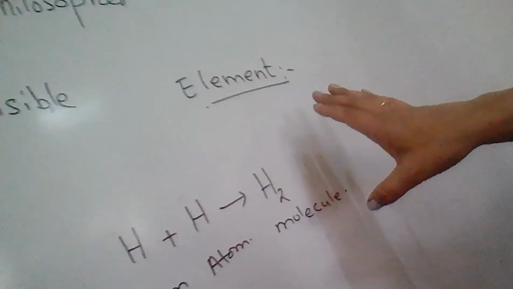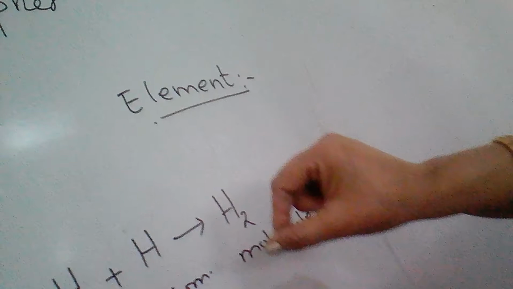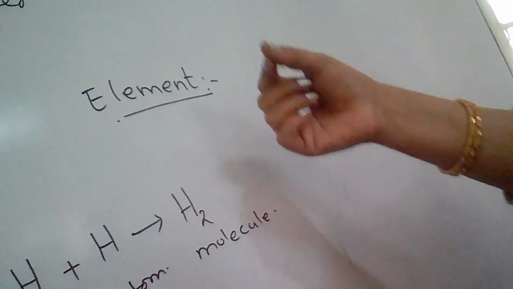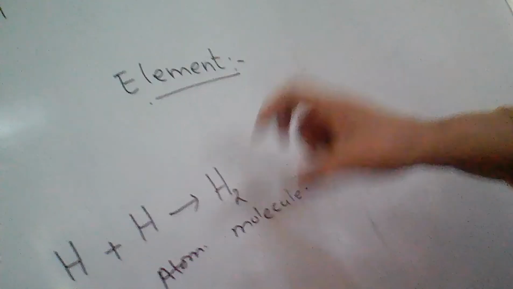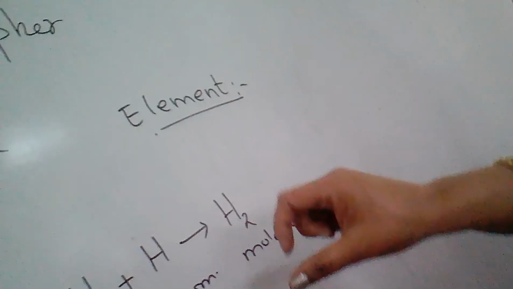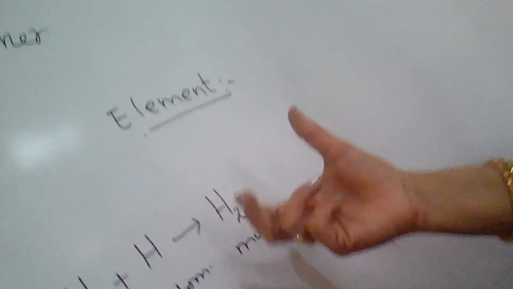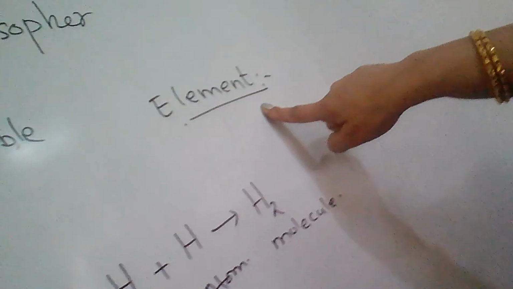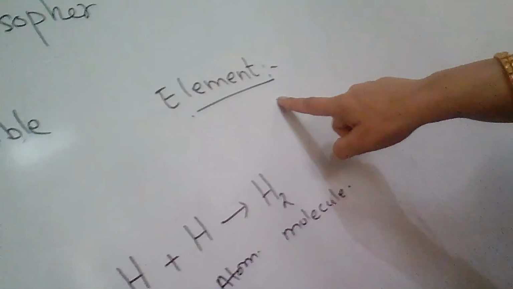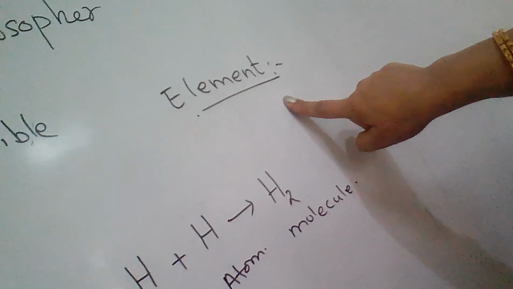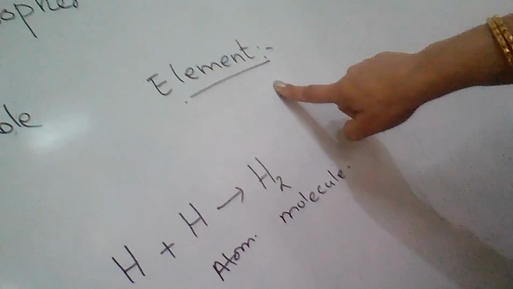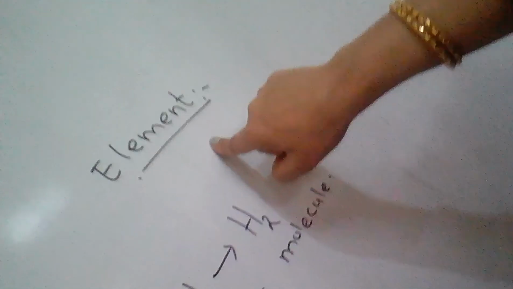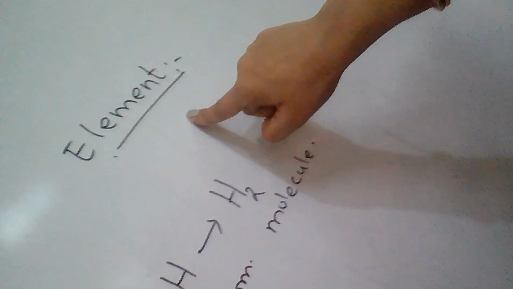In a similar way, the atoms of paper combine to form the substance paper, and the atoms of plastic combine to form the substance plastic. So we can say that an element is a pure substance that is formed by the combination of only one type of atom. So I'm sure you must have got a lot of knowledge about atoms, elements, and moreover